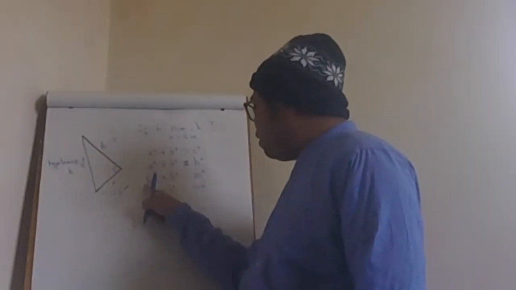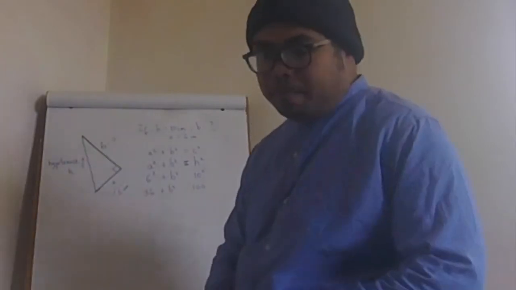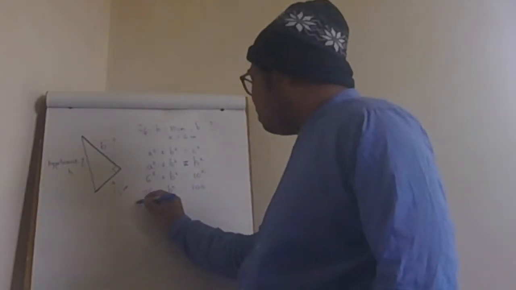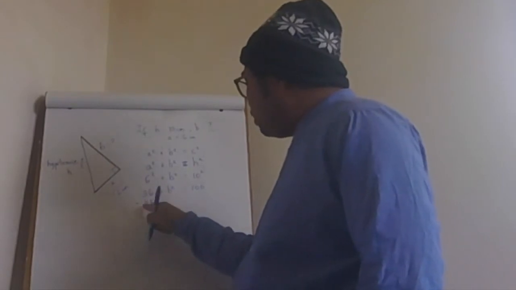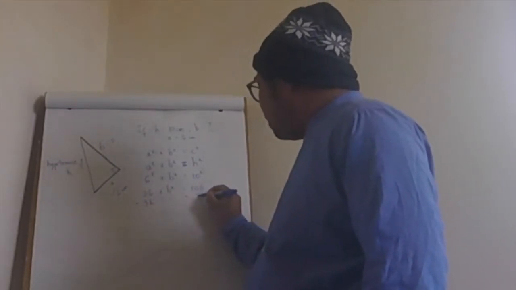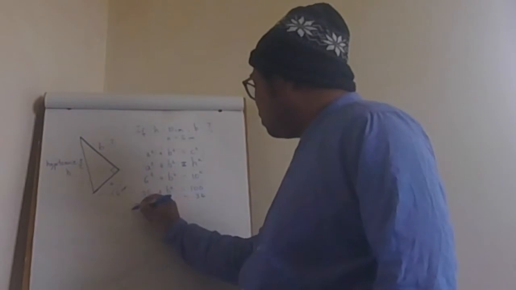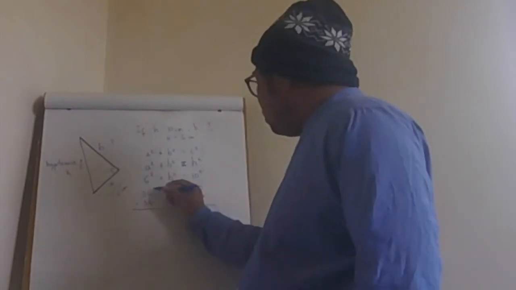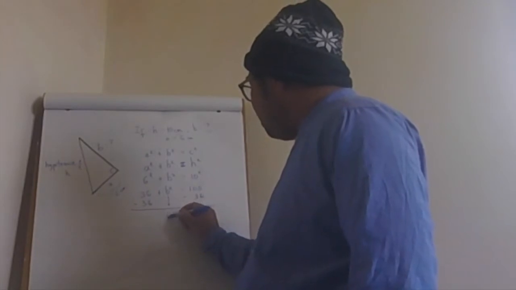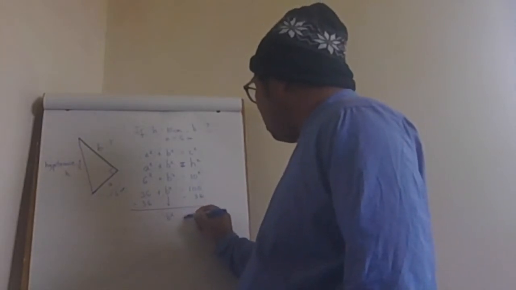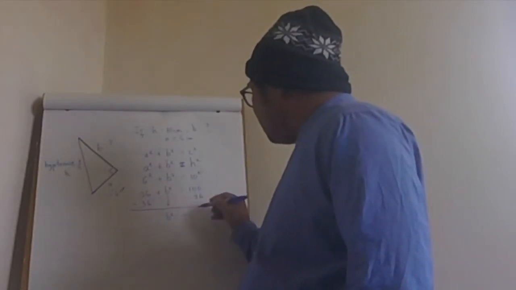How do we get rid of 36? We take it away: minus 36 on both sides. What we do to one side, we do to the other side. There you go, so this one is essentially 0. We bring down B squared. 100 less 36 is